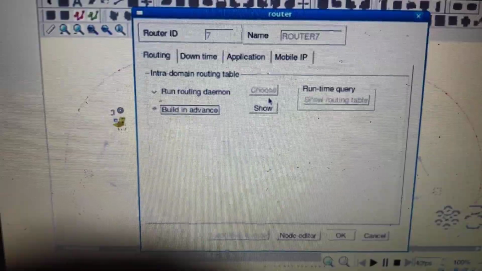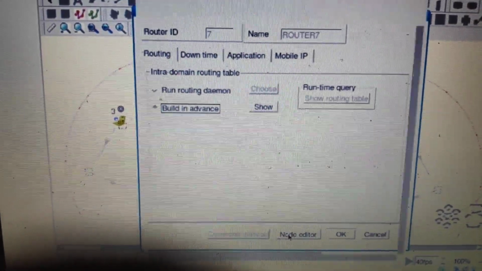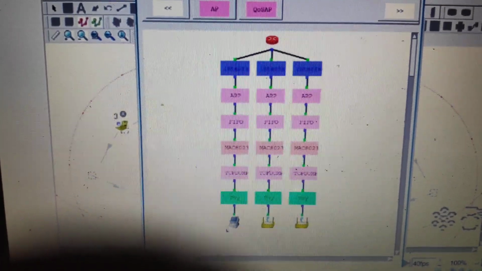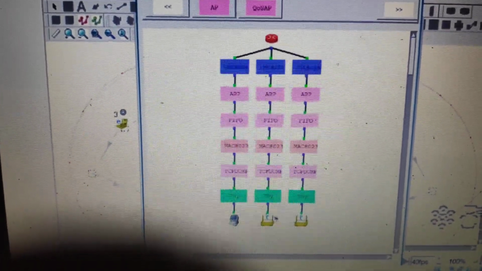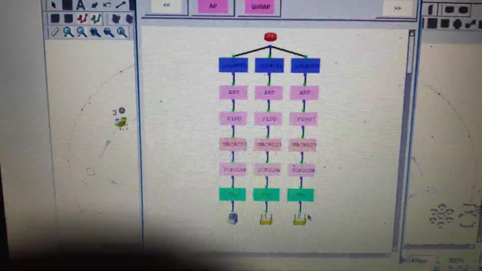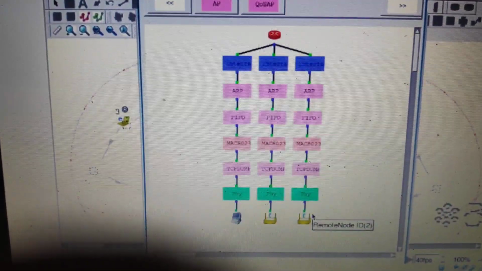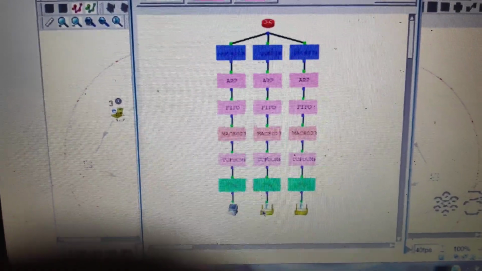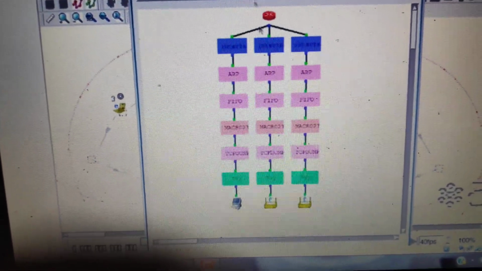Now we will move on to the router configuration. Double click on router, and you will get the node editor of that. It basically shows how it is connected. The router is connected to the access point, and it is also connected to the host. Now for the access point, we move on to the third layer, the MAC 802.3 layer.